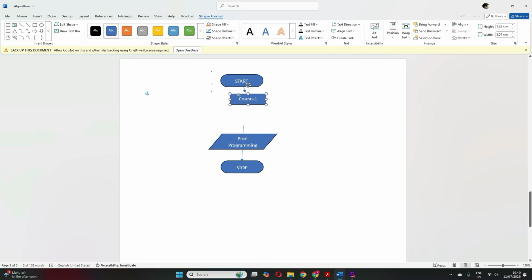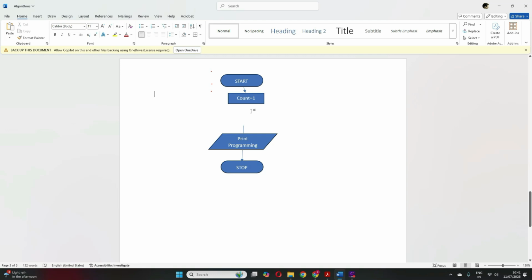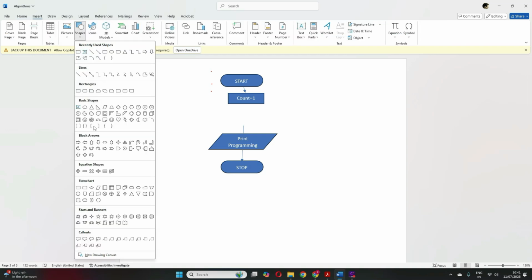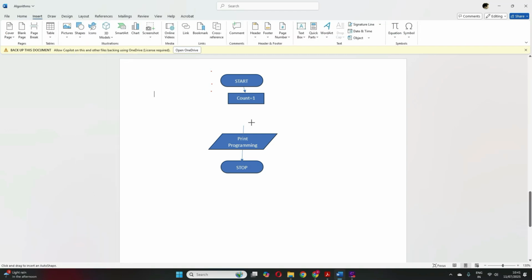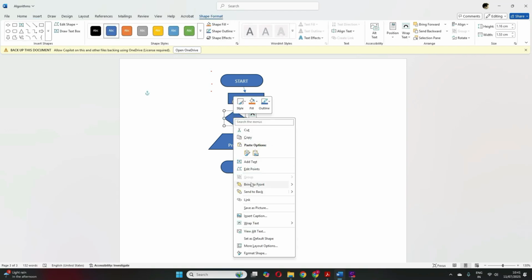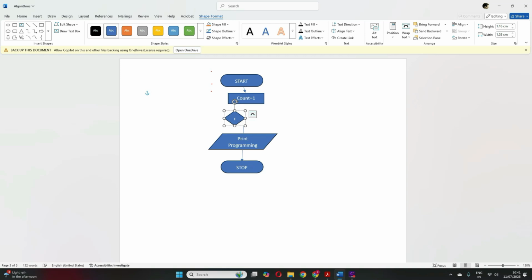So count 1. Now I'll put a condition box here: is count less than or equal to 5?